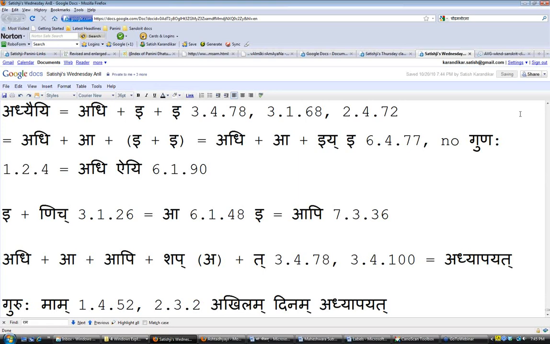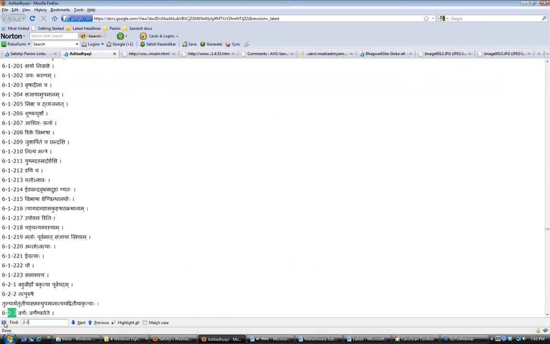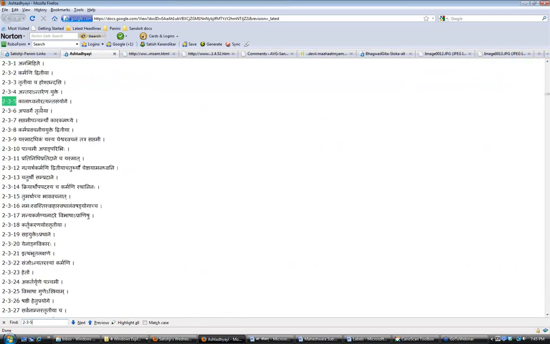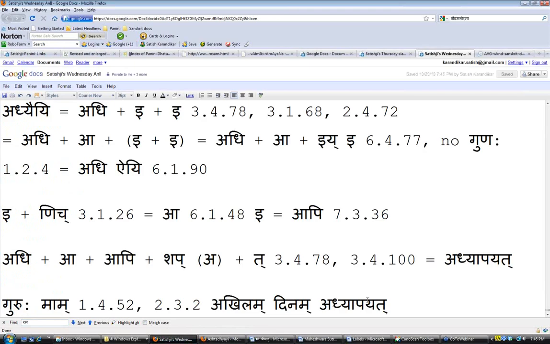235. Kaladvanor Atyanta Sanyoge. What the Sutram says is that when you do an action continuously, Atyanta Sanyoge, without any akhandita kriya, for time or distance, then that time or distance will take Dvitiya Vibhakti. So Masamadite, he studies for 1 month and so on. So Sutram 235 directly gives the Dvitiya Vibhakti for this dinam, a Kala Vachak Shabda. So Guruhu Maam Akhilam Dinam Adhyapayat.